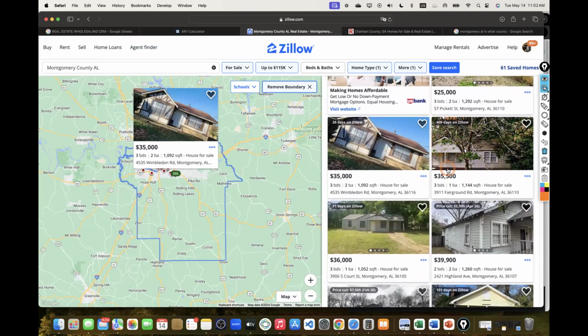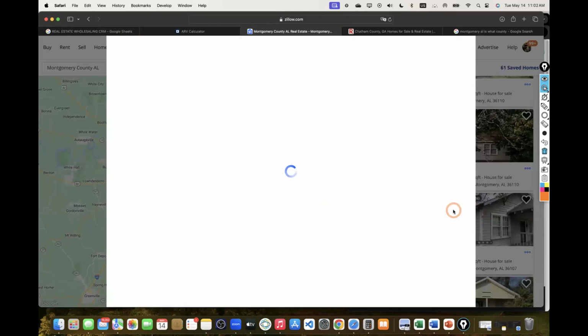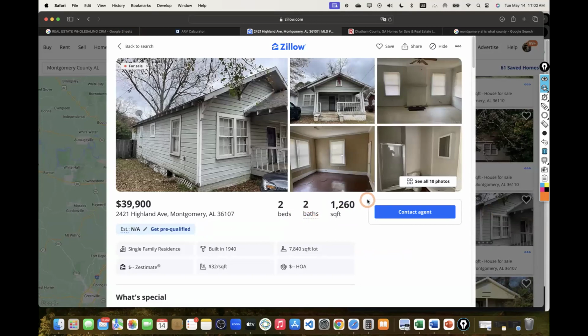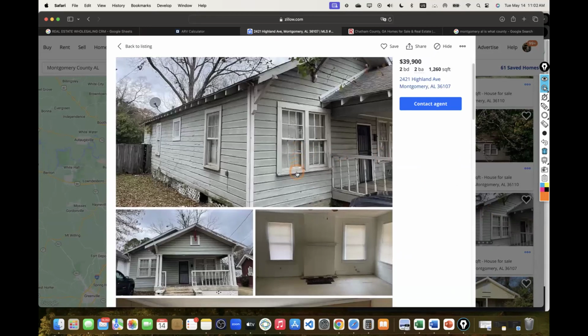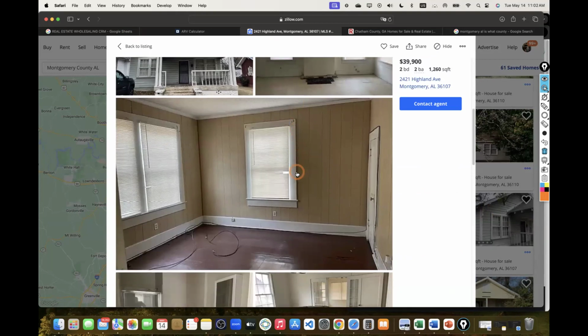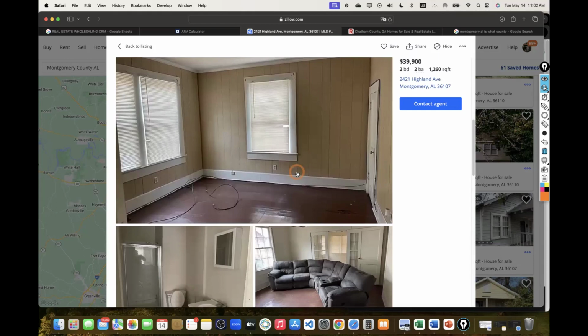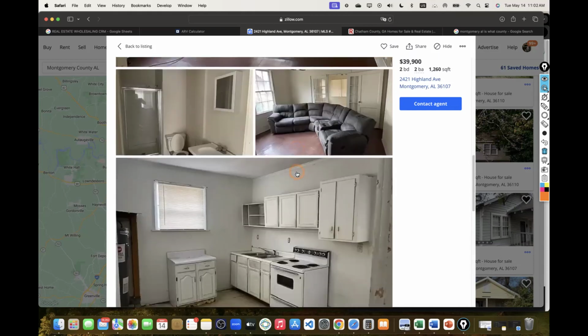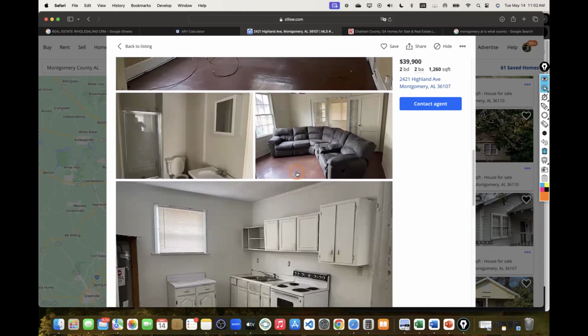400, it's been listed on here for over a whole year. That's crazy. Price cut. I like price cuts. Oh, okay. Here we go. Here's a decent project. This is not too bad at all. The outside, we can definitely update. Inside, not a nightmare at all whatsoever. Like I said, just always be attentive. But this is Alabama, so I definitely expect the properties to be a little bit less. It definitely needs its updates as well too.